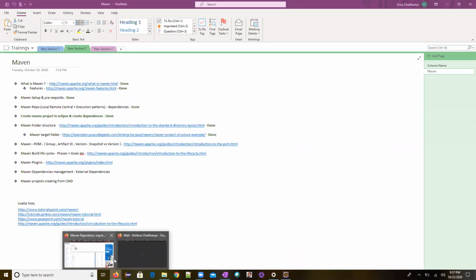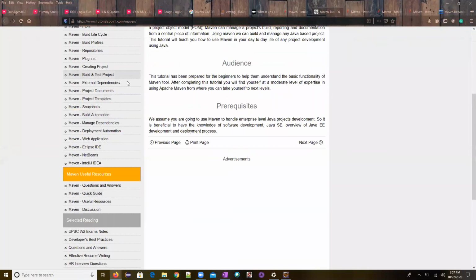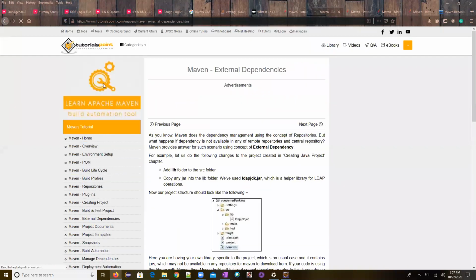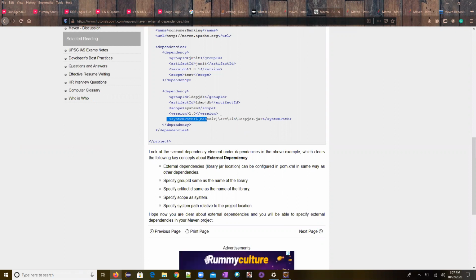I have that material here. This is the material on external dependency. What we need to do is manually download that jar and keep it, and then define the system path, so this particular element you need to define.